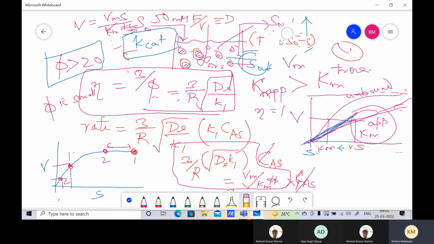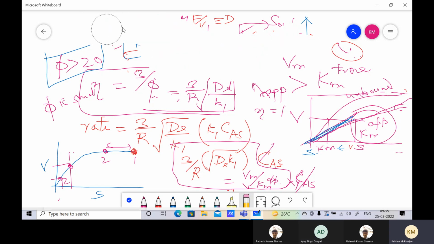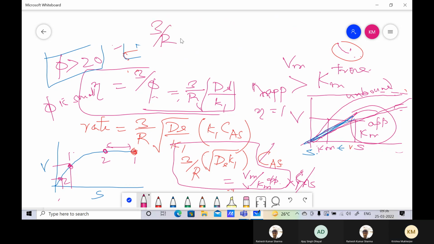Are you following this? So therefore 3 by R root DE, K1 is nothing but V max